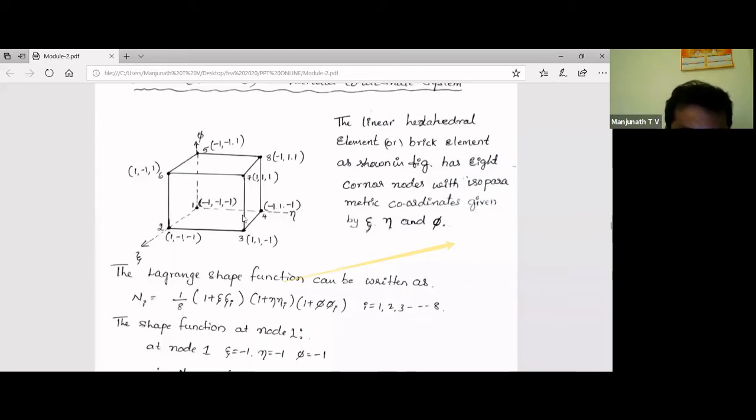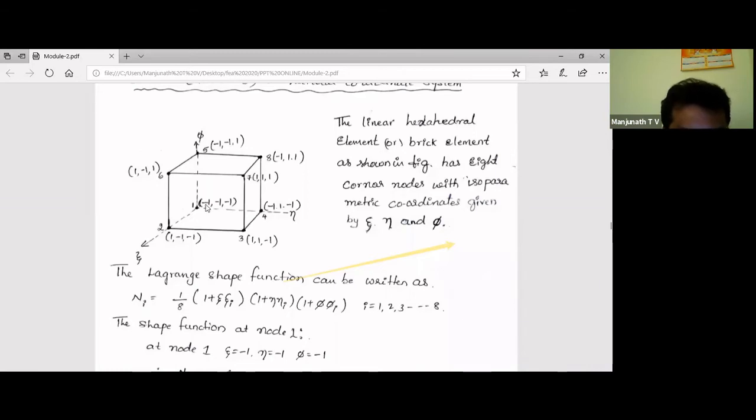Now just consider the psi direction, the vertical direction. Consider the vertical element having node number 3 and node number 7. Just see here in the zeta direction, at node number 3 if it has the value -1, then at node number 7 it must have +1, because in the element the zeta, neta, and psi values always vary from -1 to +1. That's why we write it.